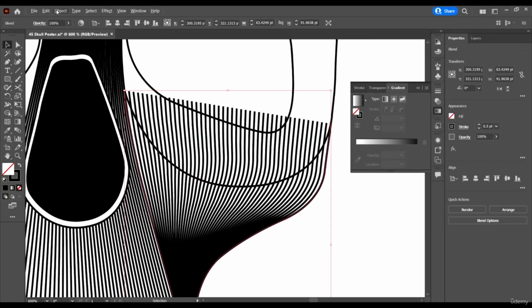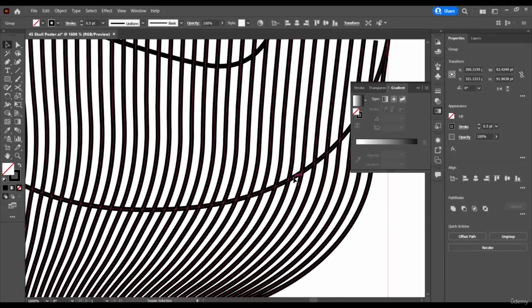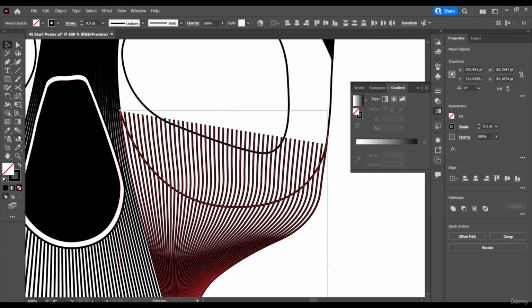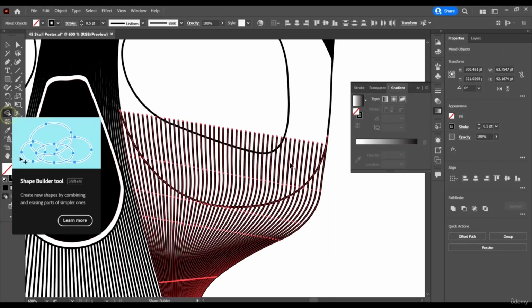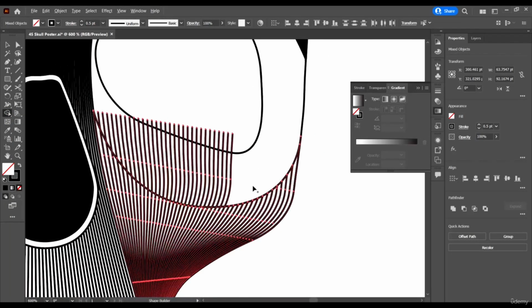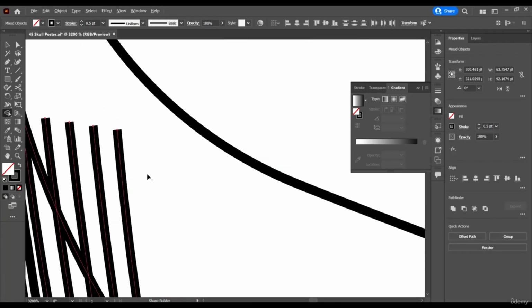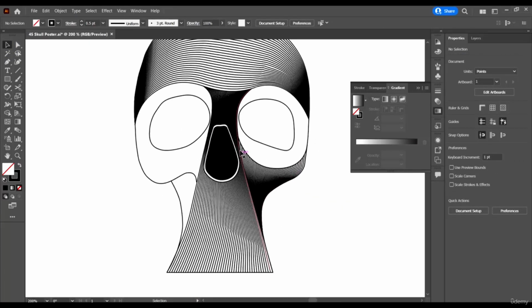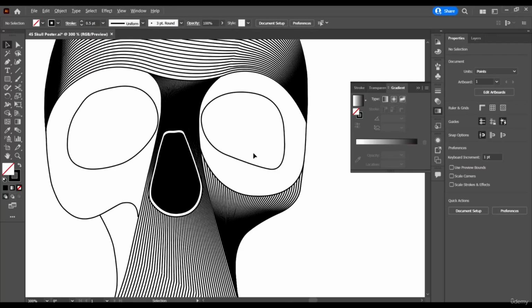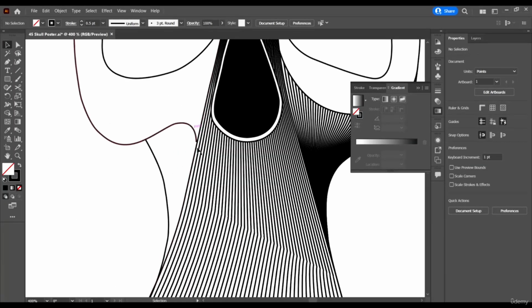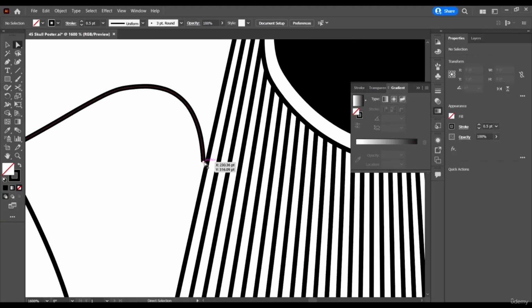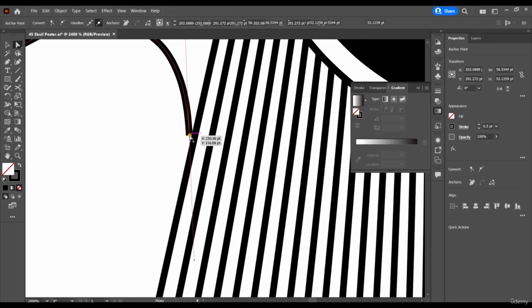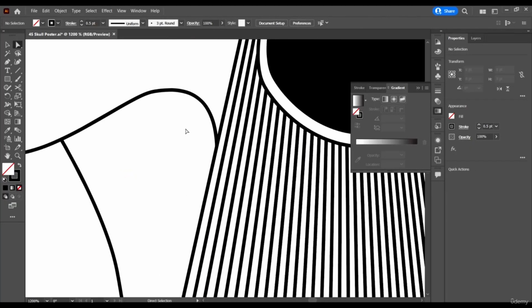So what next do we do? We just have to expand our blend and then select this guy here, right? And then go to our shape builder tool and kind of minus these unneeded parts like this. Okay, now we have this part, right? And I like what we have so far. The next one I would like us to handle is this part here. So just come and try to make this fit better like this. Yeah, I like it like this.